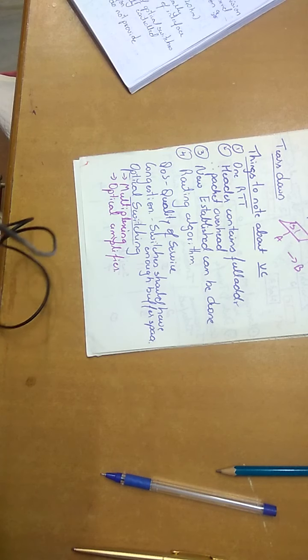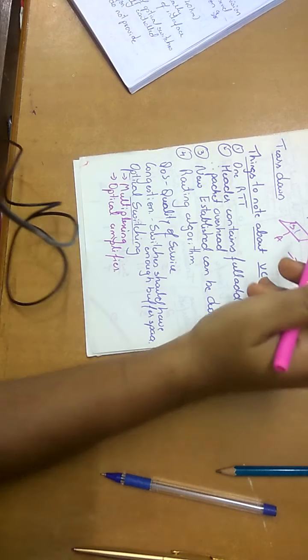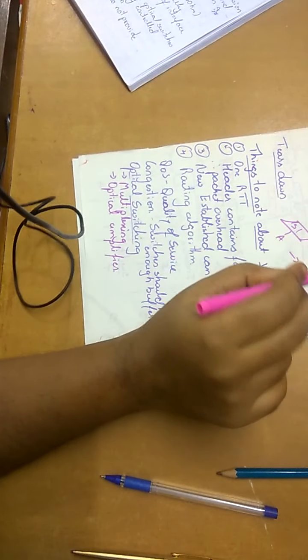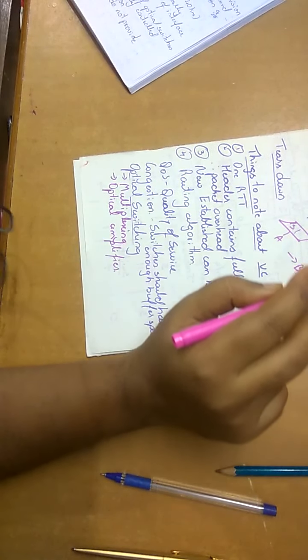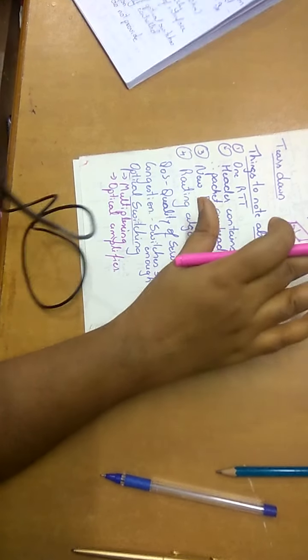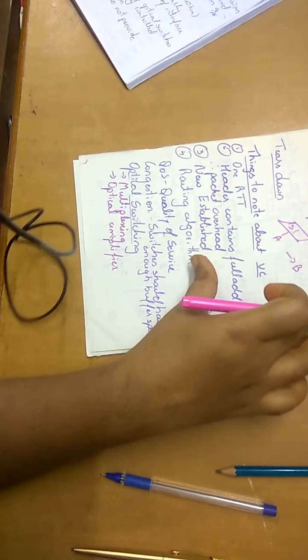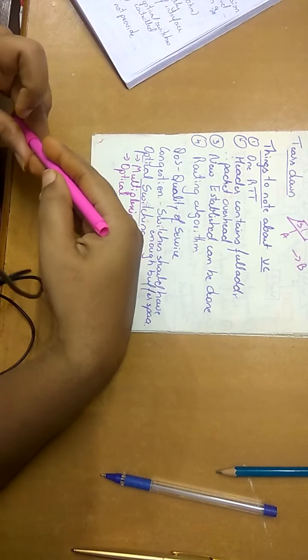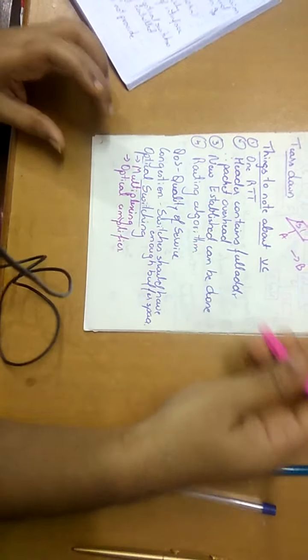That's why when you try to call at the same time, you will get the engaged message. You get the engaged message till the connection is disconnected, then only you can get connected. That means that connection has to be torn down. Then it forwards the message and continues with the different switches. This is how the switch connection setup is done in a VC type, with the reference of a telephone. If you understand, it will be easy for you.